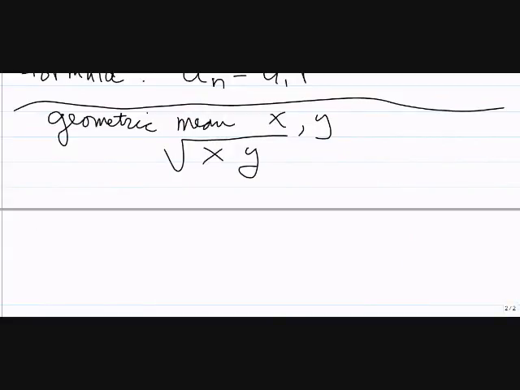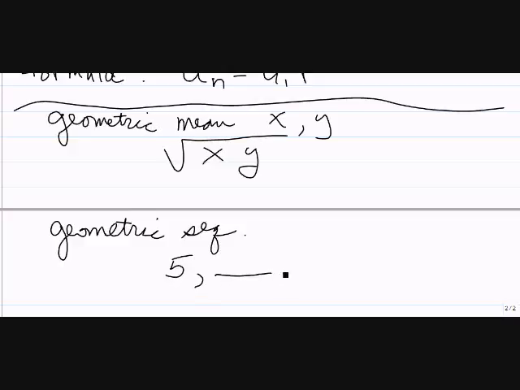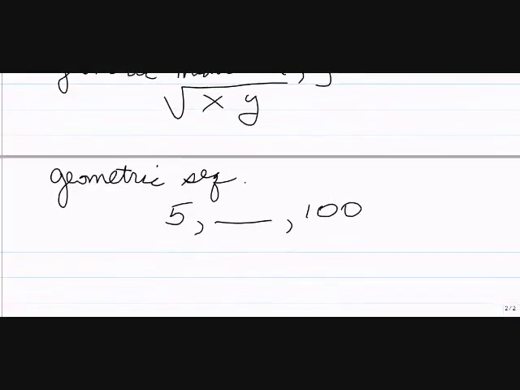And that geometric mean will get me the number in between two numbers in a geometric sequence. So if I have a geometric sequence that's got, let's say, 5, and then, I don't know, and then 100. That number in the middle is